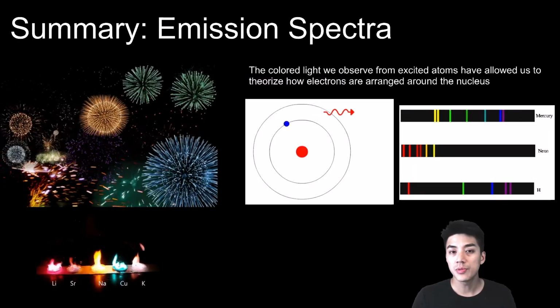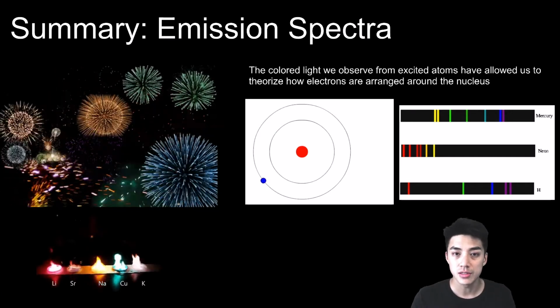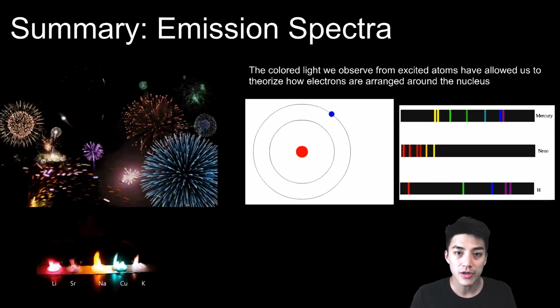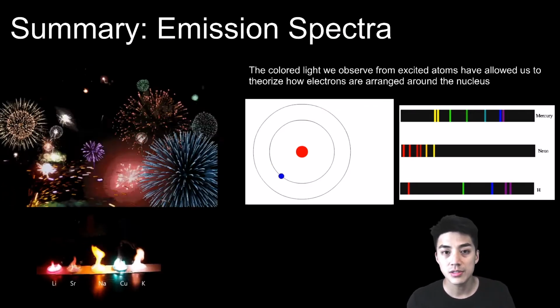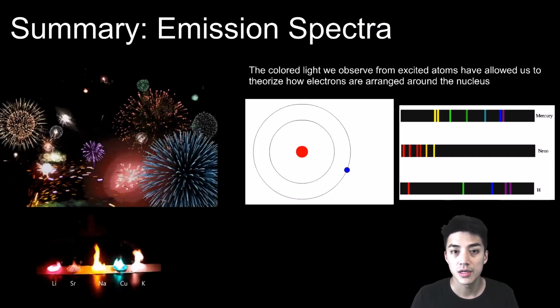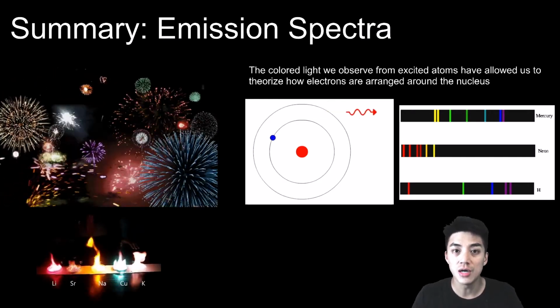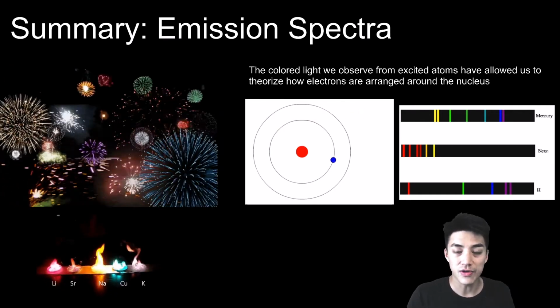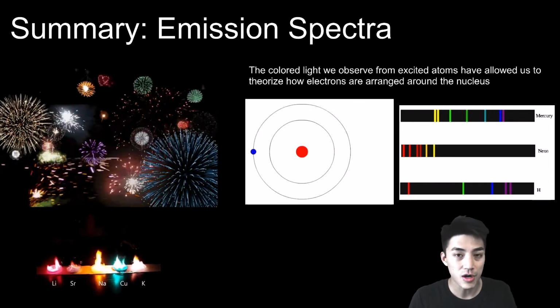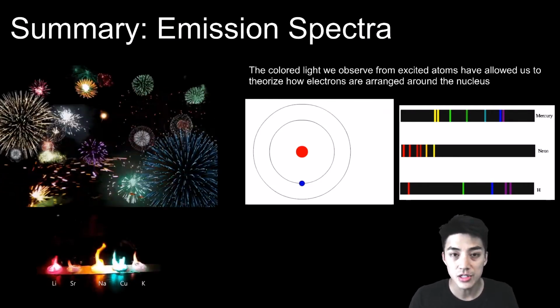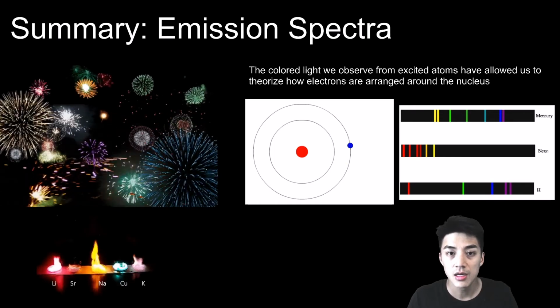So let's try to put this all together and summarize what we just learned. So you saw how certain elements and atoms give off colored light whenever they're excited. And the reason why this happens is because we speculate the electrons are arranged in different energy levels around the nucleus. As an electron absorbs energy, it's going to jump farther away from the nucleus to a higher energy level. Now as they cool off and they lose energy, they're going to fall back down to a lower energy level, and in the process of doing so, they emit energy in the form of light, colored light, which corresponds to